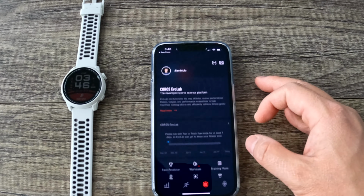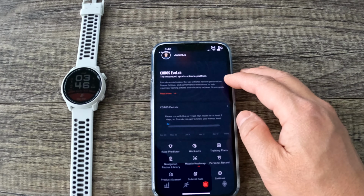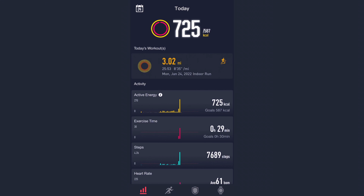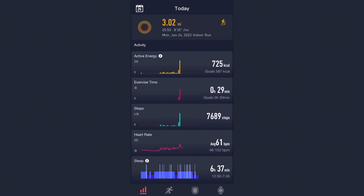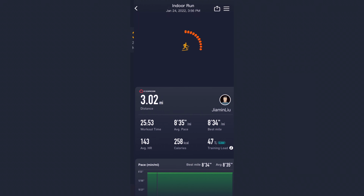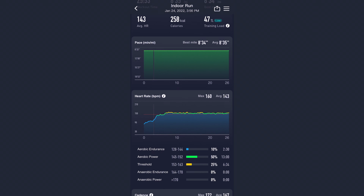And also with the Evo Lab, it will have so much data for you to analyze that I don't know what you can do. There's just so much stuff. The Evo Lab. So you need 7 days' worth of workouts, and then it starts calculating your race predictor, like how long you'll take to finish a race, and tons of other metrics, which I love,